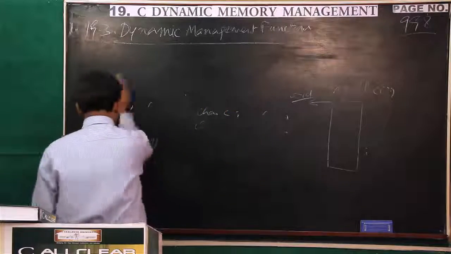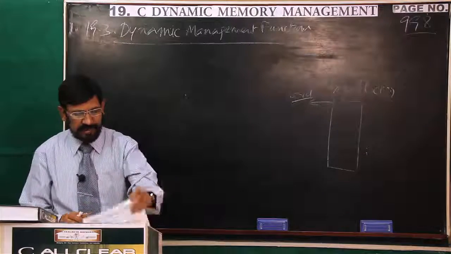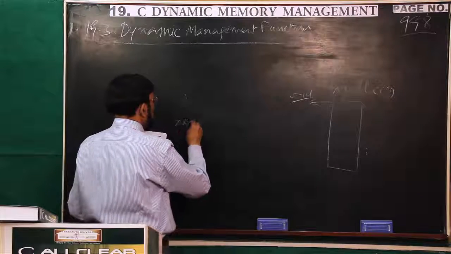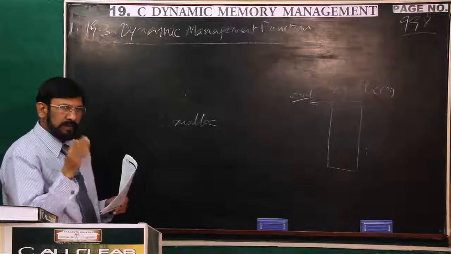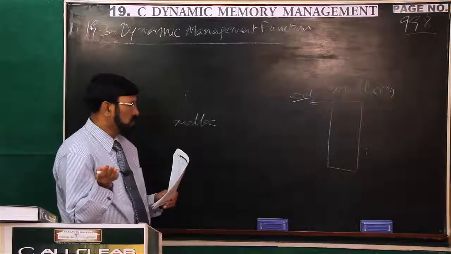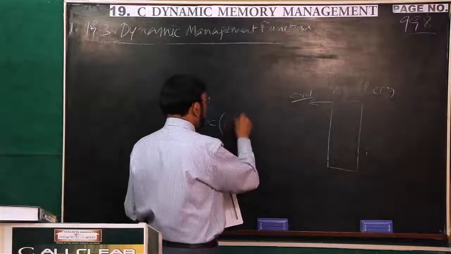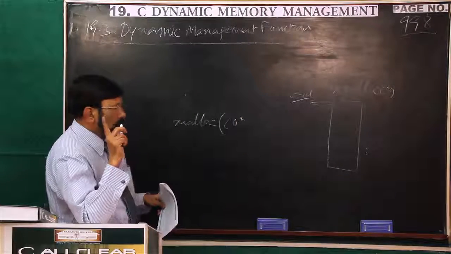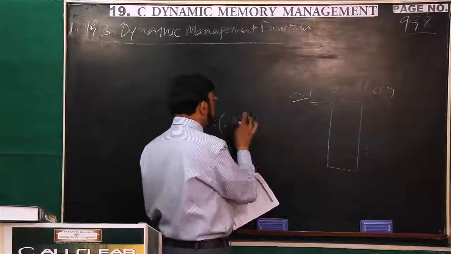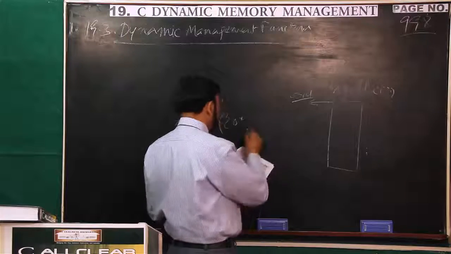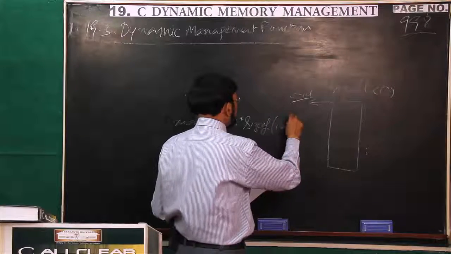Now, I show you the specific syntax of the malloc function. By that, the two concepts you can understand very easily. What I told you: the malloc function is meant for primary types. For int, one int or more ints, or float or more floats, it allocates. How can you write the syntax? Suppose I want to get memory allocated on the heap for 20 integer values. I want to store 20 integer values. Then what should I do? Then sizeof operator, which we frequently use, sizeof int.